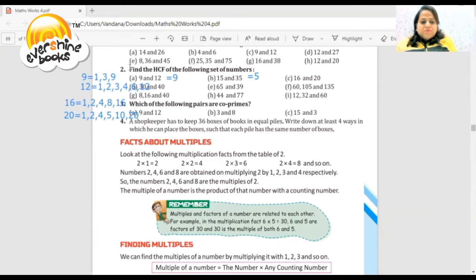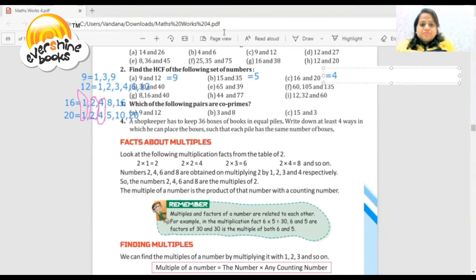So 1 is the common factor in both. Mark 1 as a common factor. And then 2 also as a common factor. Now 4 also as a common factor. And then there is no other common factor. So 4 is the HCF, your answer. Write here number 4. Okay, students, very easy. Now the numbers are 30 and 40.